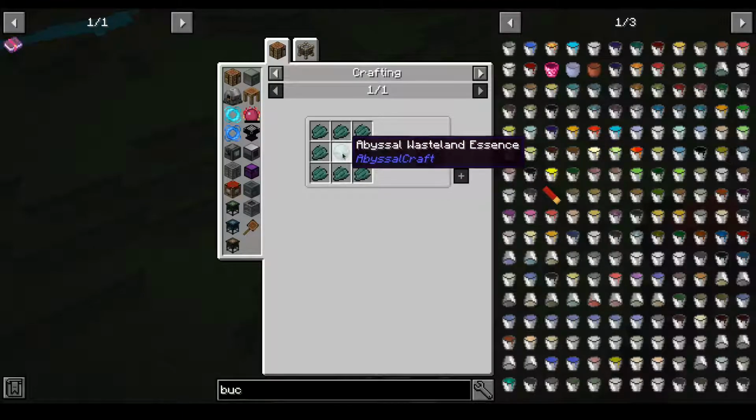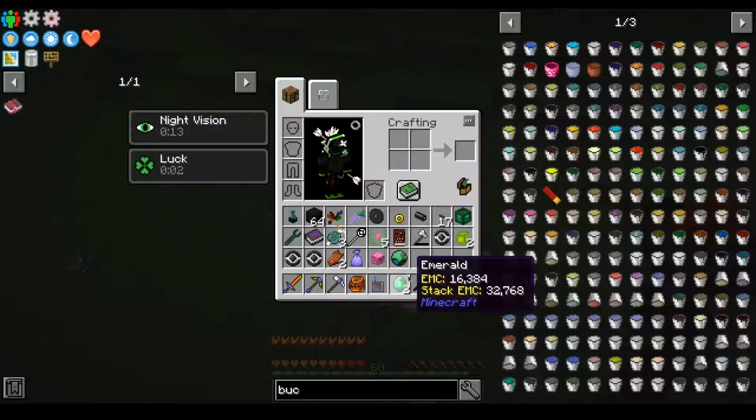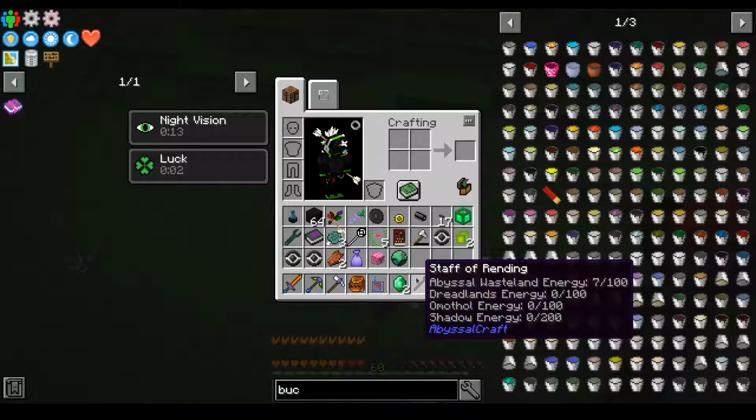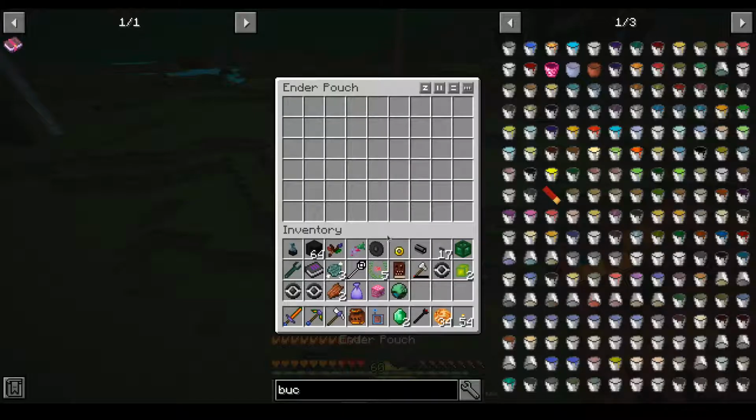And we're going to need 16 of these essences, which means I have to collect 100 times 15, so 1,500 more minus 7 Abyssal Wasteland energy. So this is going to be really grindy. So I'm going to go ahead and...